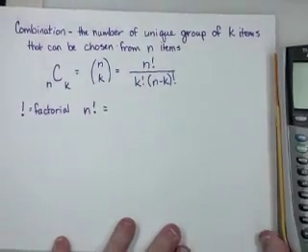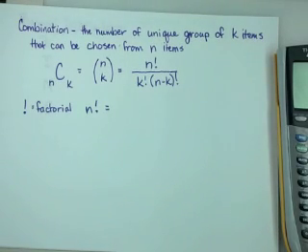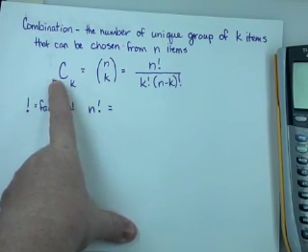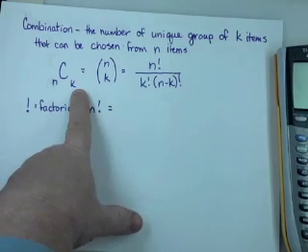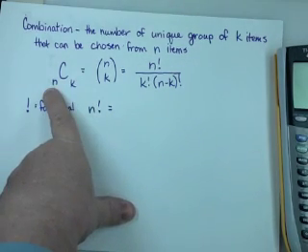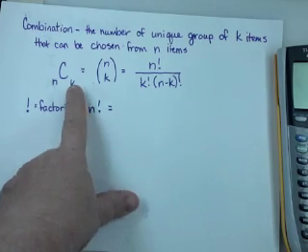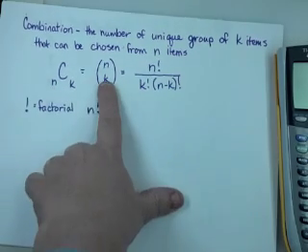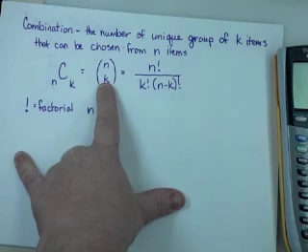Okay, so a combination is technically the number of unique groups of k items that you could choose from a larger group of n items. For example, if I have a class of 20 students, how many unique groups of 3 students can I choose from that? There is a formula for it. It is the combination of n items taken k at a time, like this would be 20 items taken 3 at a time. Or it can be written like this. This is the way that I learned it way back when. This is the way a combination is usually shown